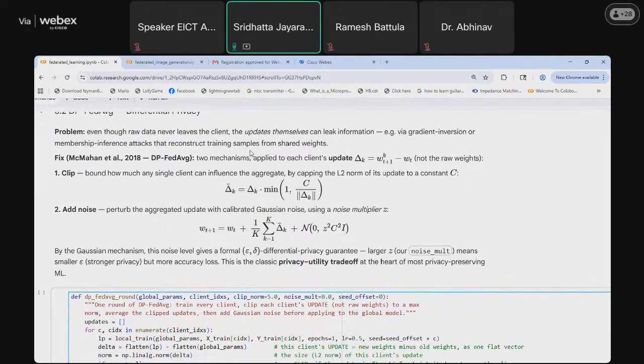To solve that, two mechanisms are applied.